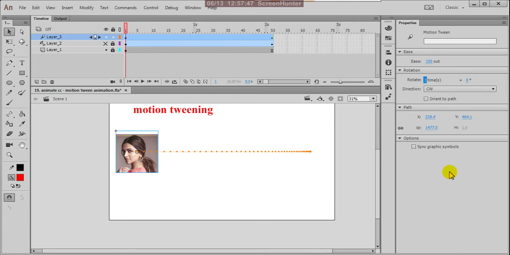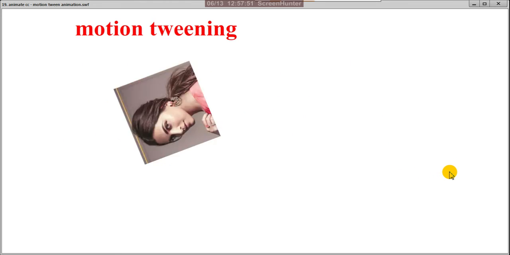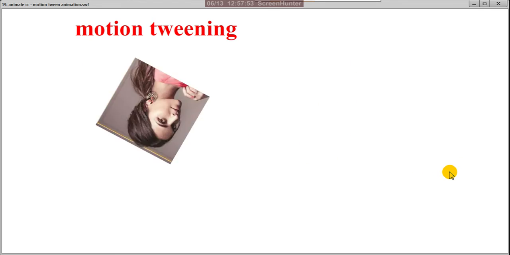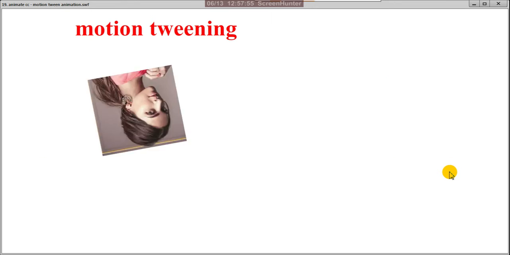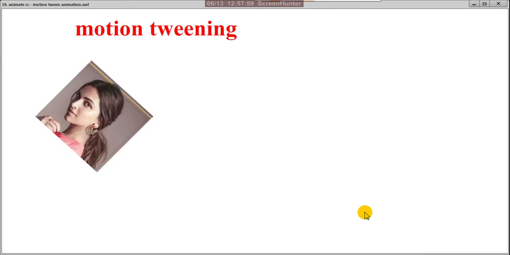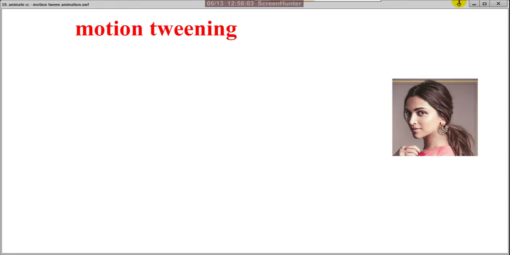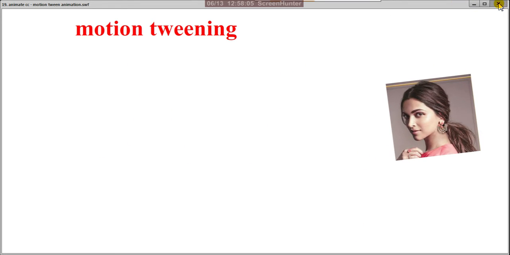Now Control Enter. See, rolling her head and slowly she settles, perfect. This is motion twinning.